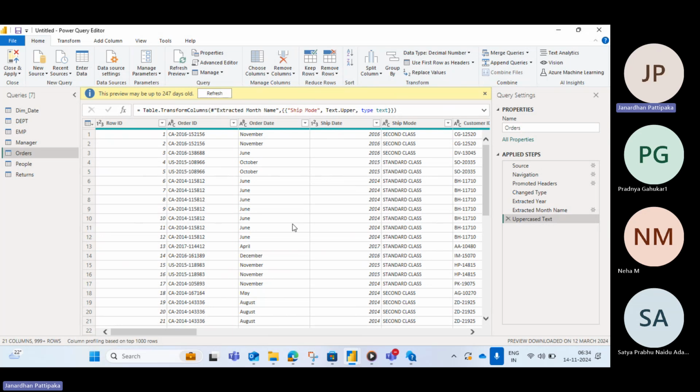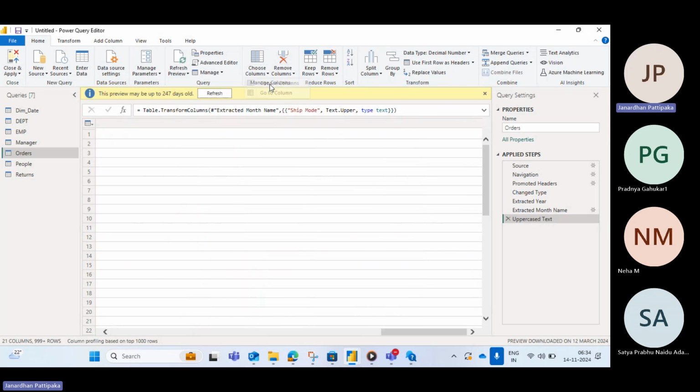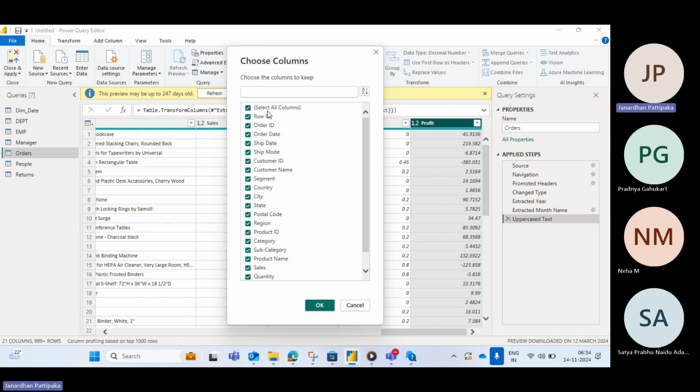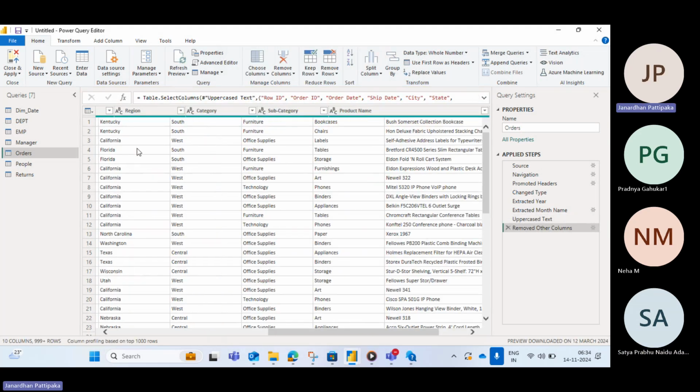Okay, then if you want to go to the choose column, I don't want all this table. When select all is on, all columns are selected. You are confident that for my analysis only this row ID, order ID, order date, ship date, I want city, state, region information, product information, category, subcategory. This information is enough for me. Select OK. Only that